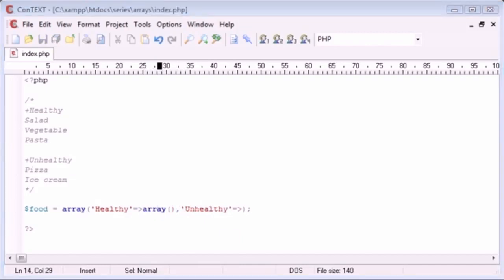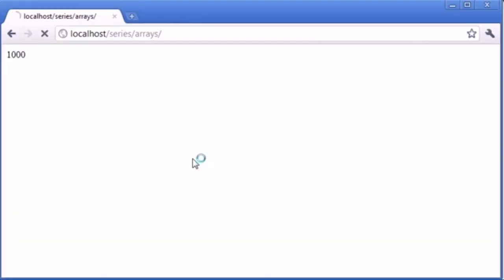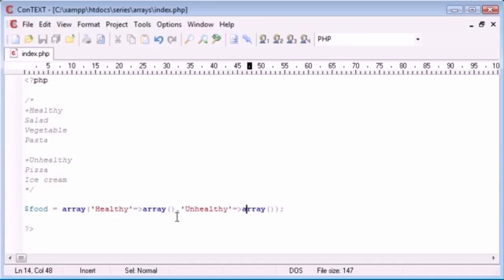So we have created an array inside an array, so we're already talking into a second dimension. So if I add another array in here, let's just run this to prove that it's going to work. Okay, yes, we're not receiving any errors at all. Now inside these arrays we can start to add our